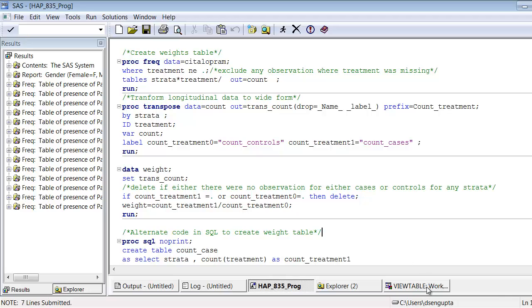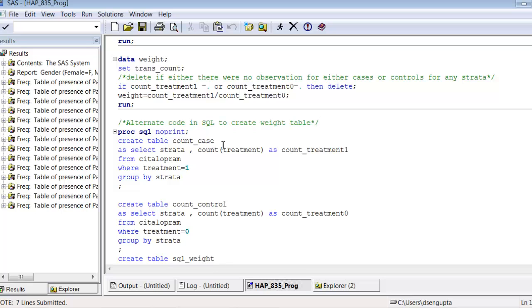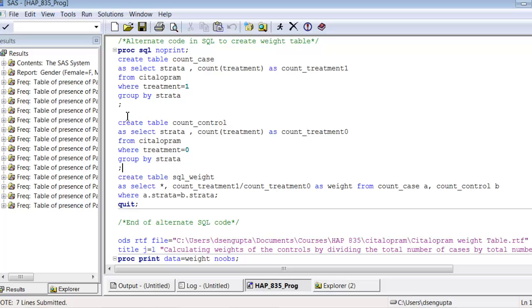Now you can also do this in SQL. So you can write SQL code inside SAS where I create a table count_case as select strata, count of treatment as count_treatment1 from citalopram where treatment is equal to 1 and group by strata. And the same thing, I'm creating another table count_control as select strata, and I'm counting the treatment where treatment is equal to 0, and I'm going to group it by strata. Lastly, I'm going to create a SQL_weight table where I am selecting the variables from these 2 tables that I already created, count case and count control, and I'm dividing the number of cases by the number of controls as weight. So if you run these 3,